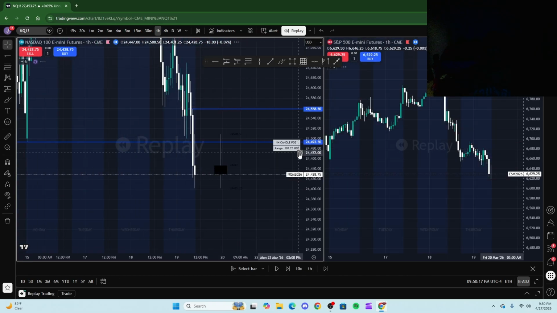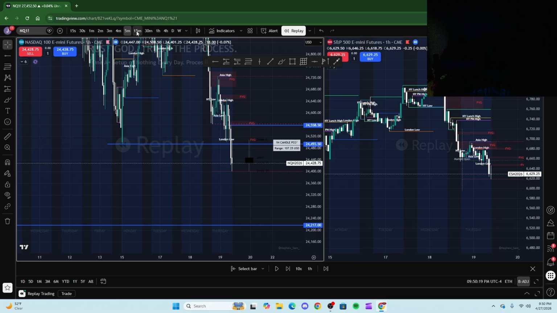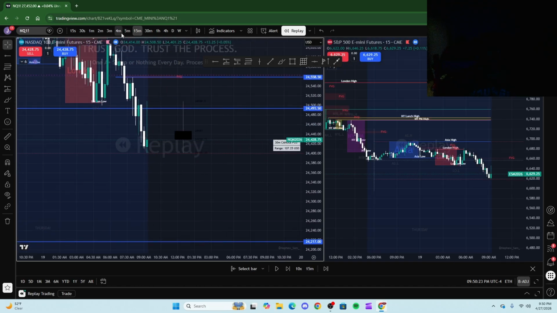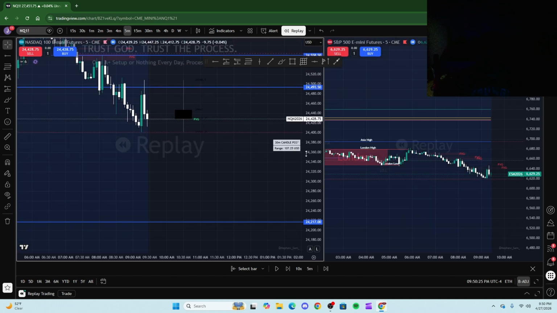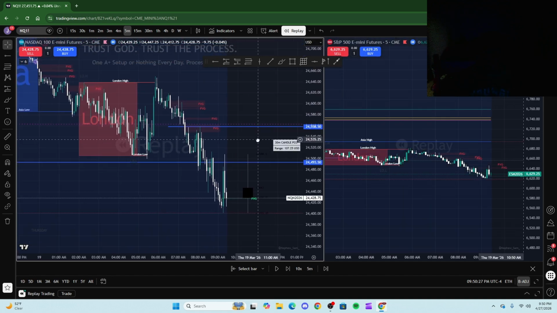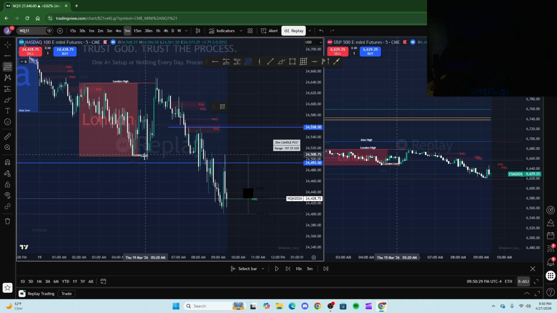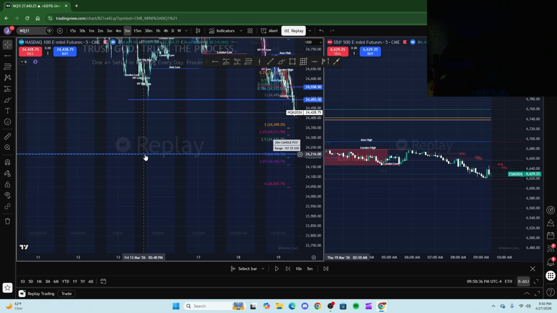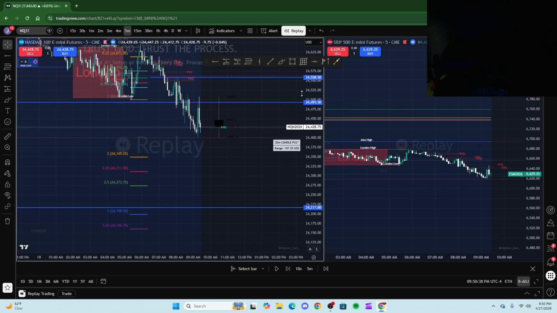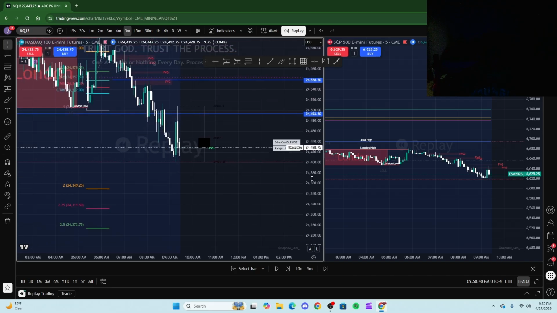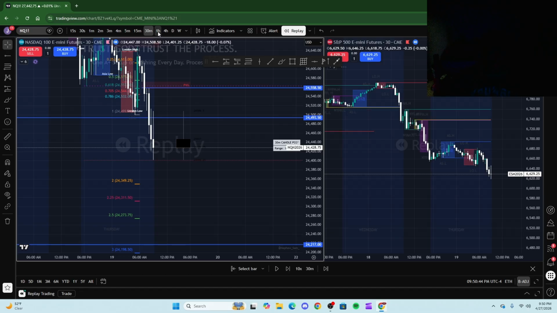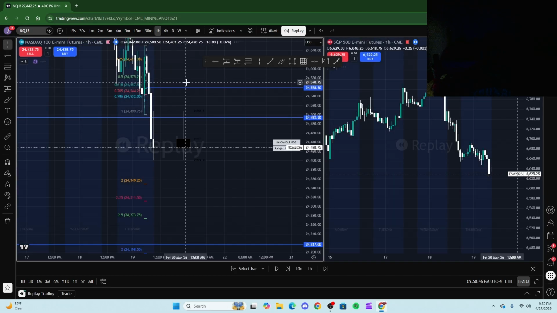No crazy targets or anything right now, it seems. 15-minute, do we have any gaps or anything? Nope, we just have this wick up. 5-minute, now we get started. As you guys can see, we had this huge sell-off, and before that we made this uptrend. Is there going to be a standard deviation level at the 4-hour? Yes, there is, so that's a good target for us. So we want to get a sell-off to there. It'll probably have to be a continuation since we don't have any obvious liquidity pools to retrace into right now.